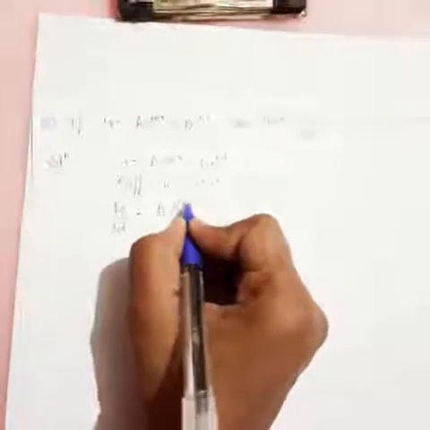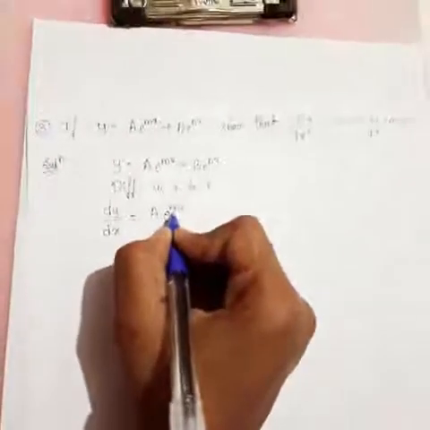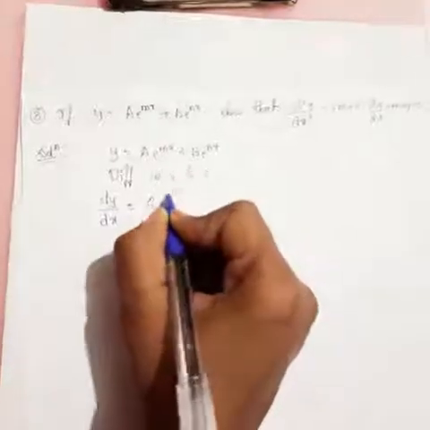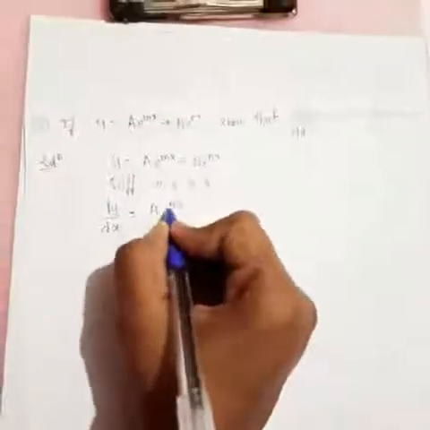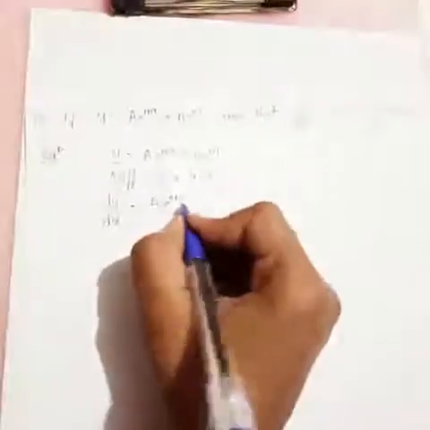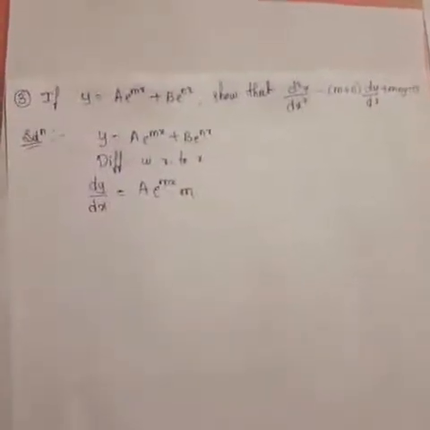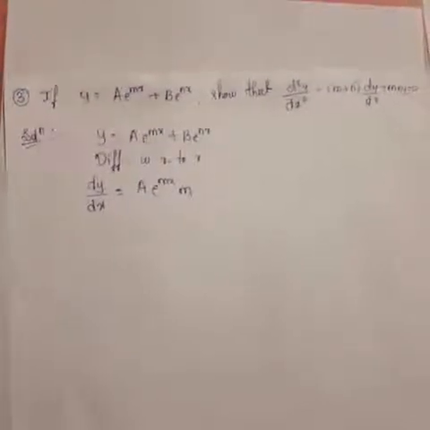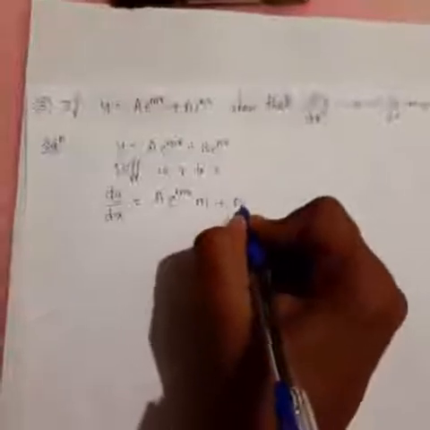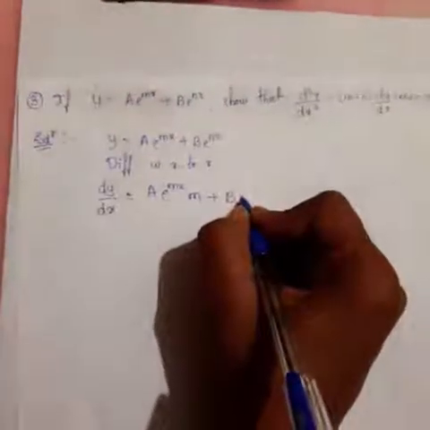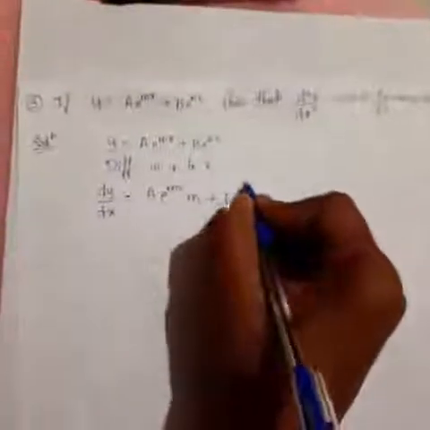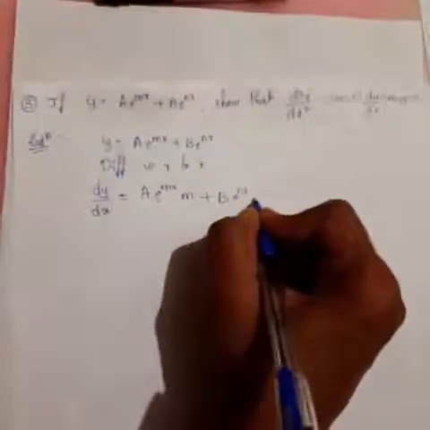Again observe here, the x coefficient is what here? m is there. Then again we have to differentiate this mx. You all know that implicit rule. We have to differentiate this mx, and you will get small m only, because m is constant as it is, and the differentiation of x is 1. Then you get A m e raised to mx. Similarly, the second term also we have to differentiate like this only. B is constant, e raised to nx is there, the differentiation of e raised to nx is e raised to nx. Again the differentiation of this nx is nothing but small n only.